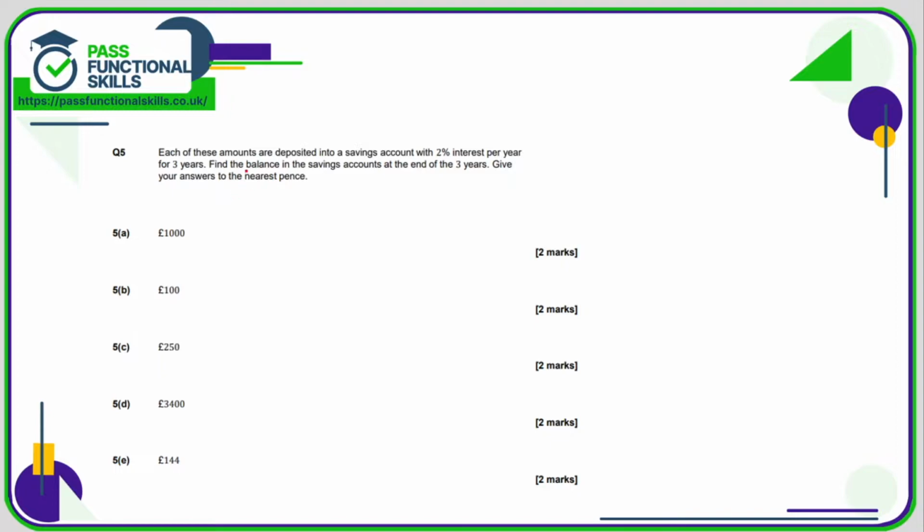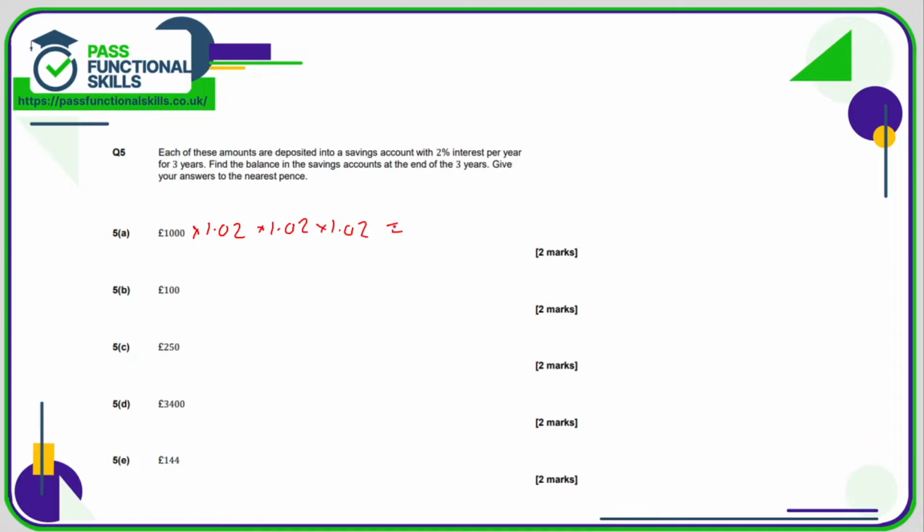Question number 5. Each of these amounts is deposited into a savings account with 2% interest per year for 3 years. That means every year we increase this amount by 2%. So we do 1,000 multiplied by 1.02, and that gives us the balance after 1 year. Then this new balance is multiplied by 1.02 again to give us the balance after the second year. At the end of year 2, we multiply by 1.02 again to give us the balance after 3 years. But it's a lot easier just to do 1.02 times 1.02 times 1.02, and that turns into, to the nearest penny,